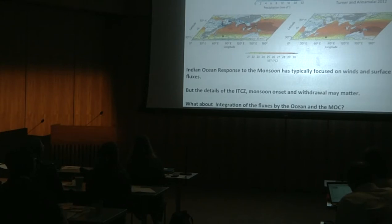There are tons of papers which have looked at all aspects of the physics, and now there is more and more papers looking at biogeochemistry and ecosystems. Obviously, the Pacific gets most of the attention because that's where the signal is large and there is a lot of data. But the Indian Ocean, surprisingly, is getting much more attention than the tropical Atlantic now, for example,